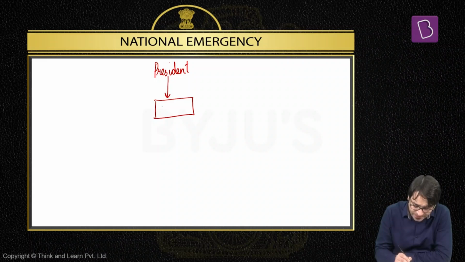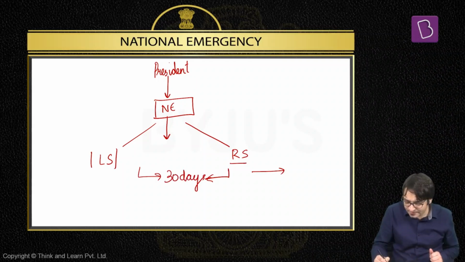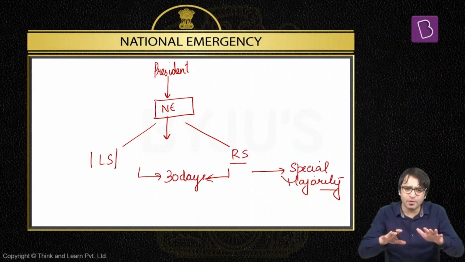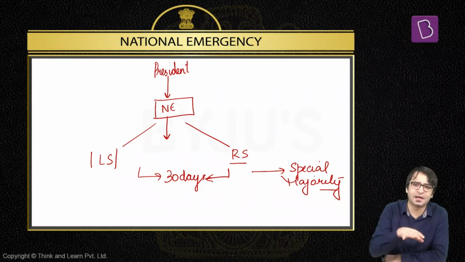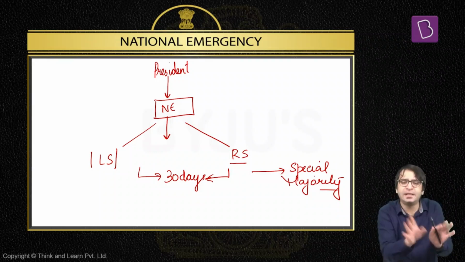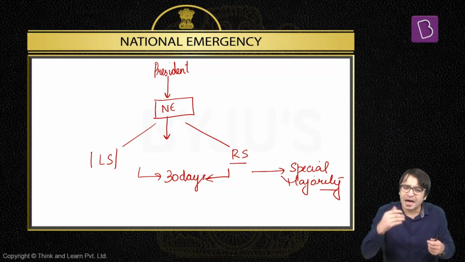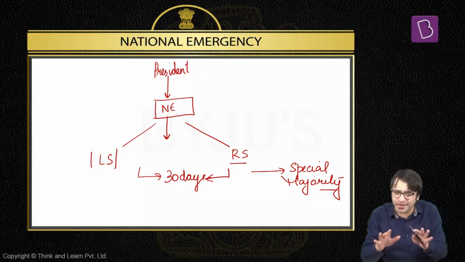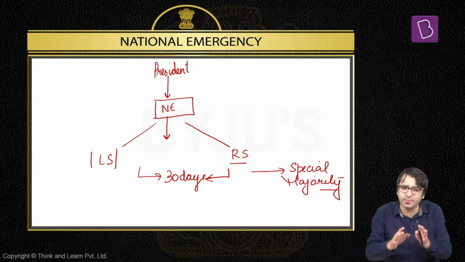Here the president is proclaiming national emergency. This national emergency has to be approved by both houses of the Indian Parliament, Lok Sabha as well as Rajya Sabha, that too within 30 days, that too by special majority. That means now we know what these emergency provisions do to our constitution. These emergency provisions, 352, 356, 360, they disturb our federal constitutional credentials. They change our federal constitution into a unitary one. Despite the fact that we are not amending the constitution under Article 368, that's what these emergency provisions do. But how do they disturb this distribution of powers? How do they disturb this dual government? For that we need to understand what is 352, 356 and 360. Right now, let's focus on national emergency under Article 352.